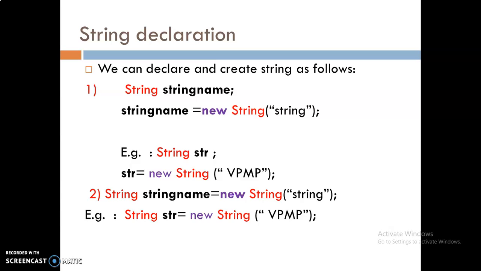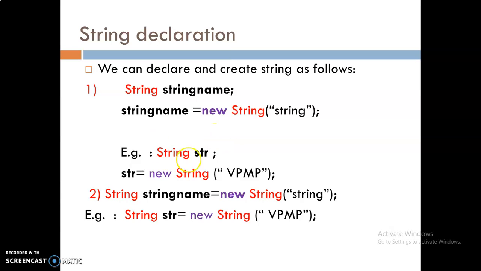Now how to declare? The same way we were using in a character array. Here also you can see that by using the new operator you are going to create your own strings. This is the string, this is the value of this string variable, string name. This is a parameterized constructor. This value we are assigning to this variable, which is an instantiated object of the class string. It is the same structure or format that we were following in the character array.